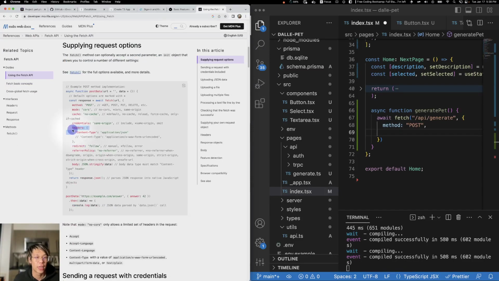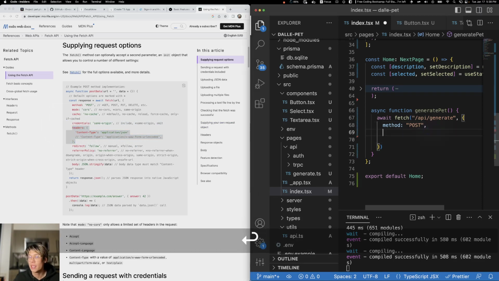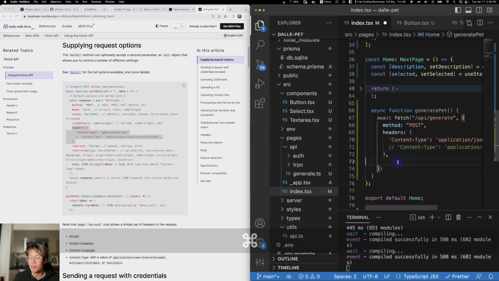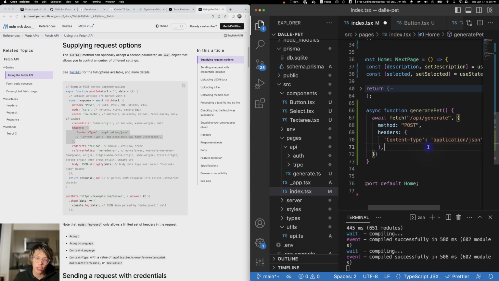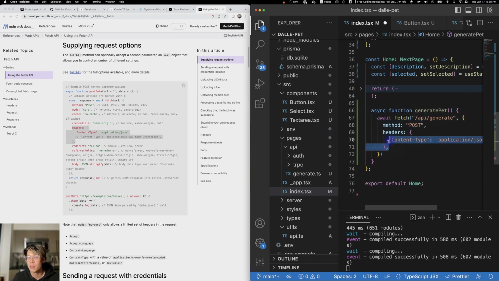Okay, yeah, this is what we want. Headers, content type, application origin. So I'm gonna yoink this, paste this here. Okay. So this is just what you need if you're gonna deal with JSON data, which, I mean, I almost always deal with JSON data when I'm writing APIs. So this is fine. So yeah, this line is going to make a call to the generate endpoint,